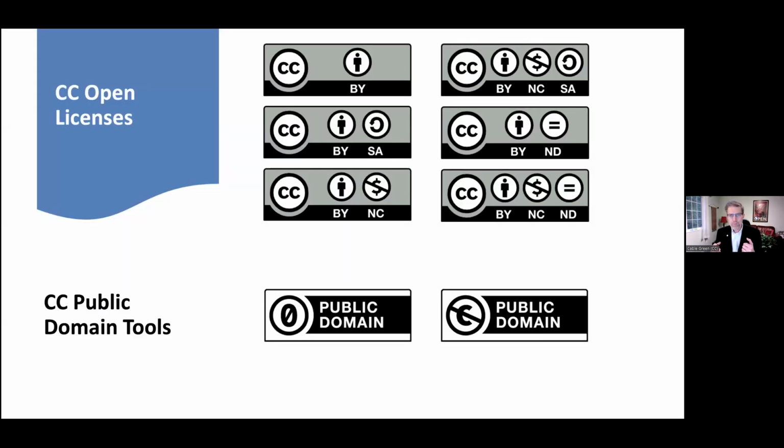So when you think about Creative Commons, the first thing you think about are the licenses, right? So here are the 6 Creative Commons licenses and our 2 public domain tools. Our job is to build these, keep them up to date, teach people about them, enforce them in courts when CC licenses go to court, support the licenses in any way that we can. And that's what we've done for 20 years, and we'll continue to do that.